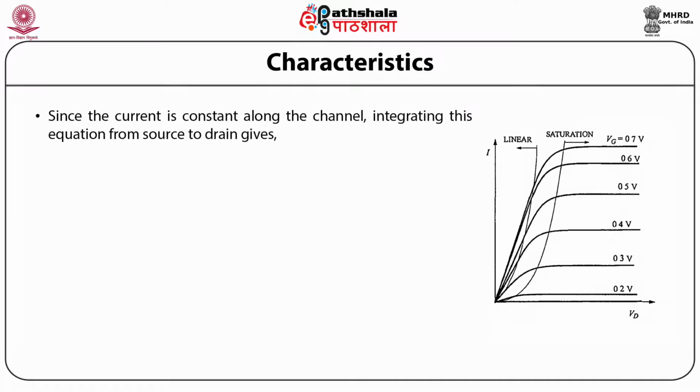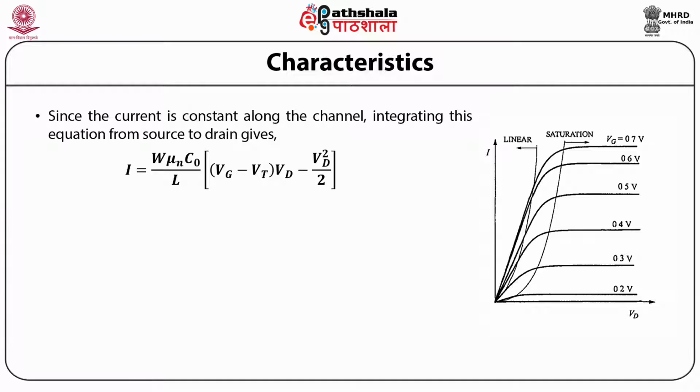Since the current is constant along the channel, integrating this equation from source to drain, we get I equal to W mu n C naught by L multiplied by Vg minus Vt multiplied by Vd, minus